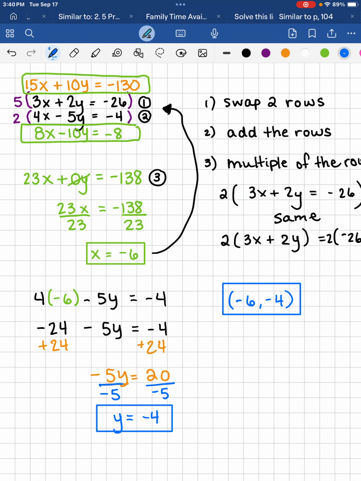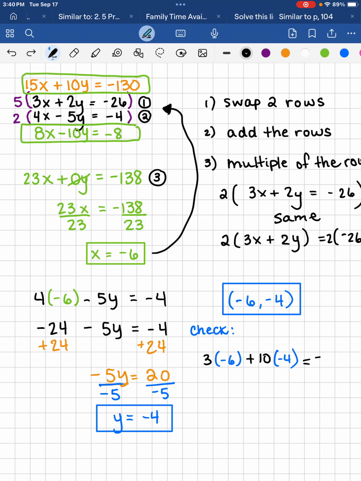Now, it is always good practice to check your answers, and the way you do that is you stick the values for x and y back into the original two equations and make sure that the statements are true. So that's what I'm going to do here. So my original equation number 1 was 3, and instead of x, I'm going to have negative 6 plus 10, and instead of y, I'm going to have negative 4. And that needs to equal negative,